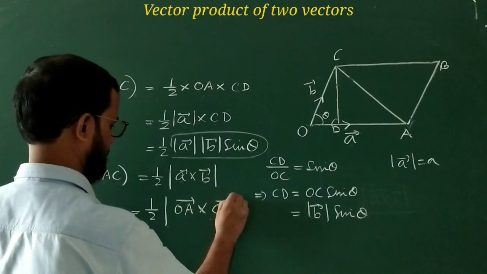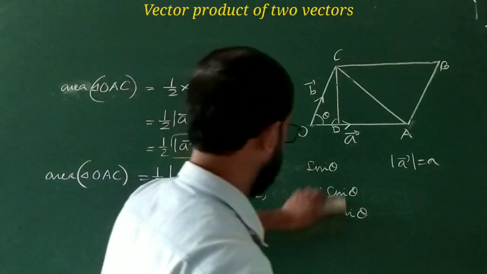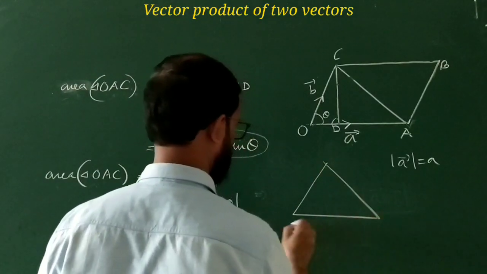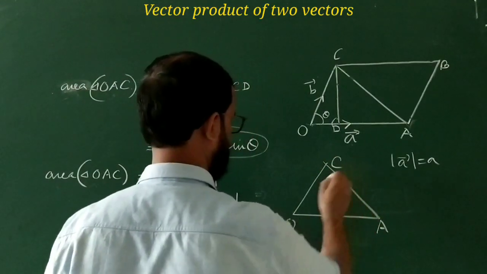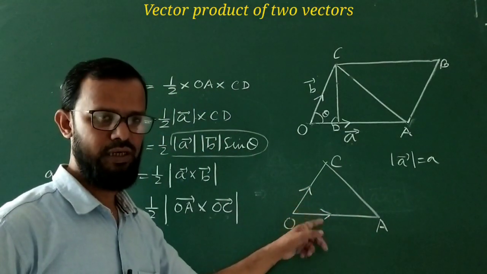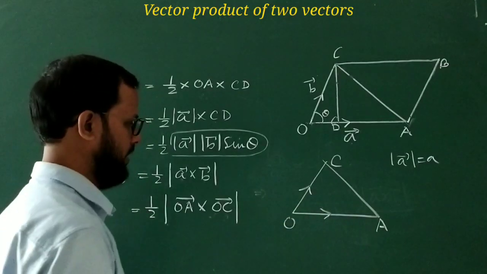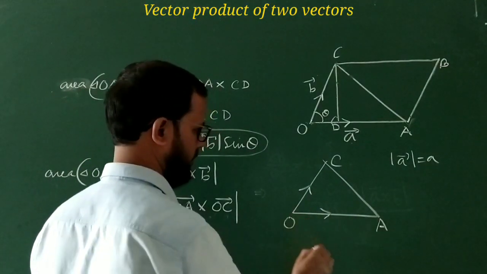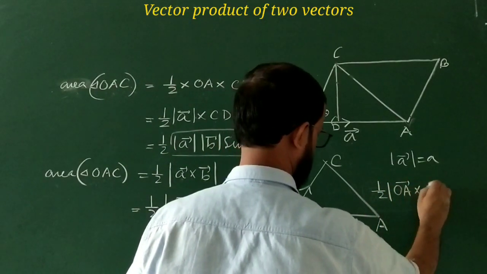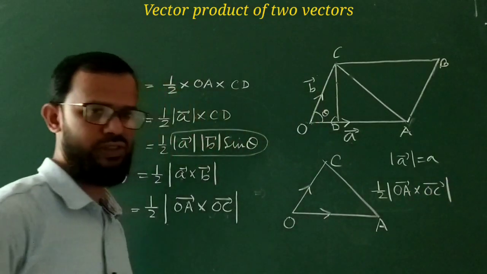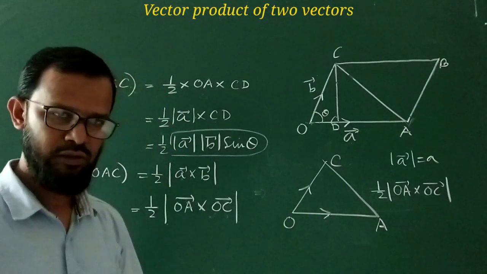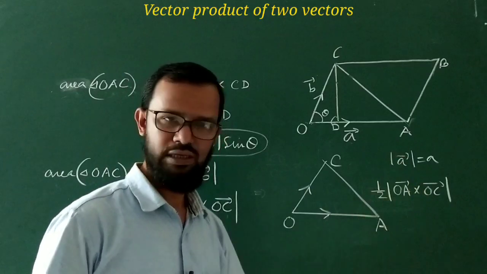that is OC vector. Now you see this is your triangle. This is O, this is A and this is C. These are the two adjacent sides of a particular triangle. Considering this point, what is the area? Half into the magnitude of OA vector cross OC vector. This is your area. If the question asks to find the area of the triangle whose adjacent sides are given by these two vectors,